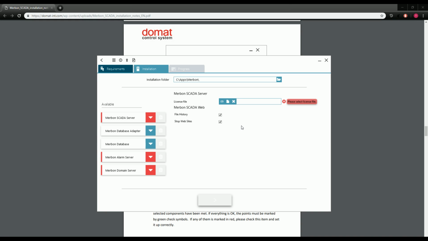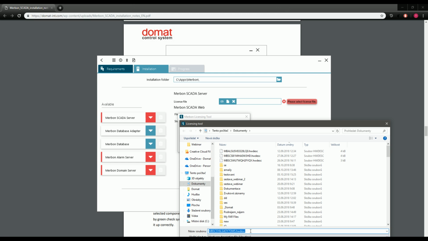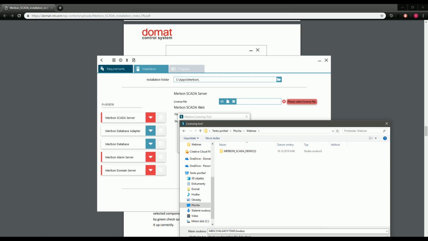The license file is connected to your computer, so if the computer breaks down and you need to change it, you would have to write us an email that you changed the hardware, and we will have to allow you to make another activation of that specific license. So if I launch the license tool, I can enter the number here. I can create an activation request, and this should create some sort of file. I will try to place it here into this folder,